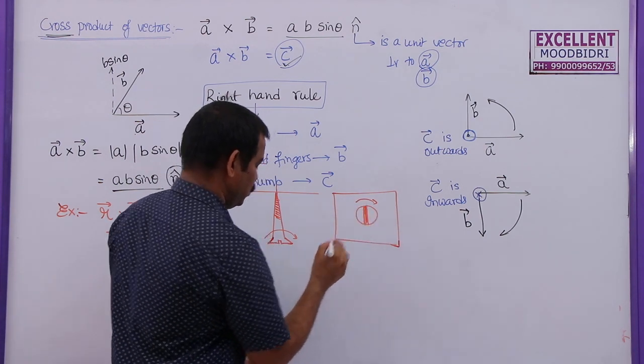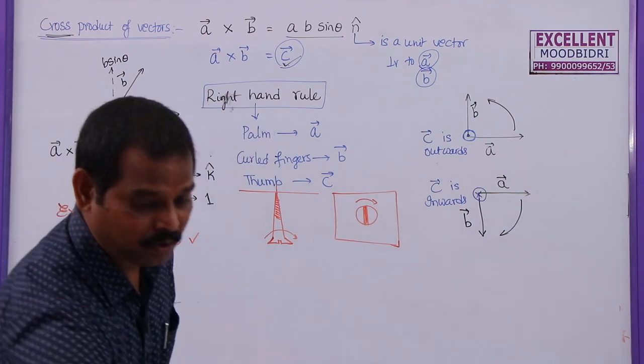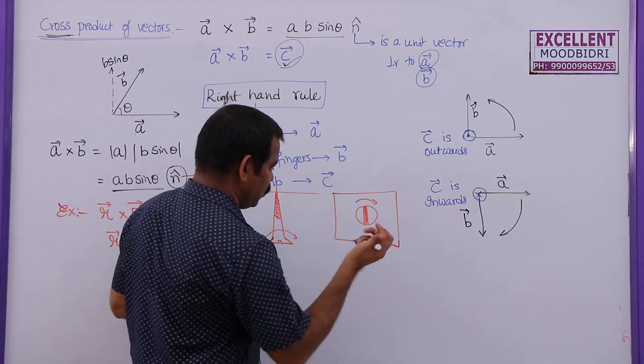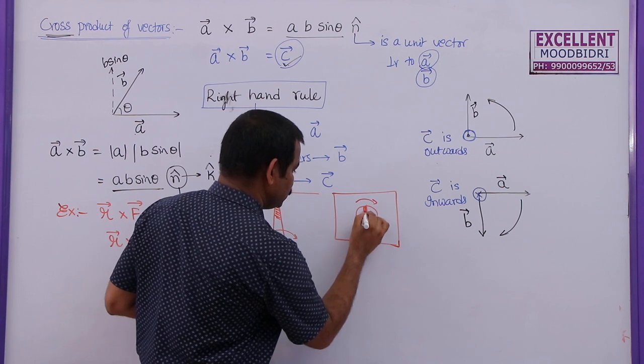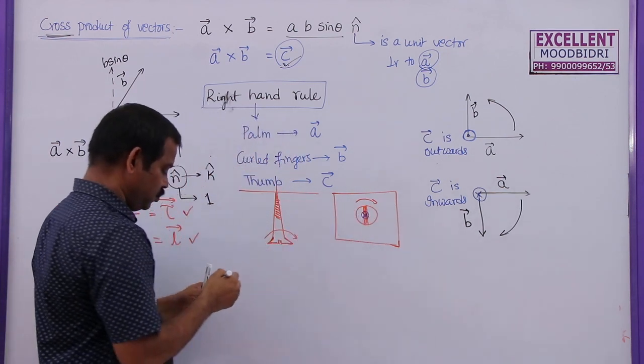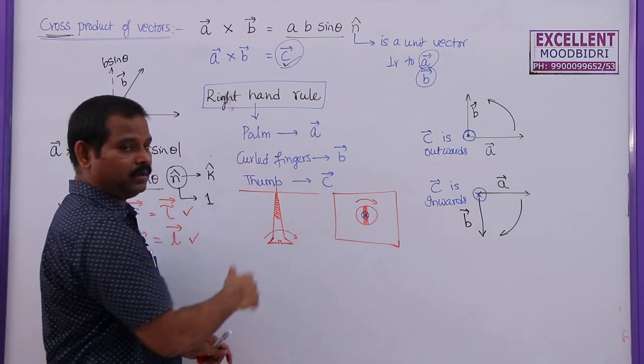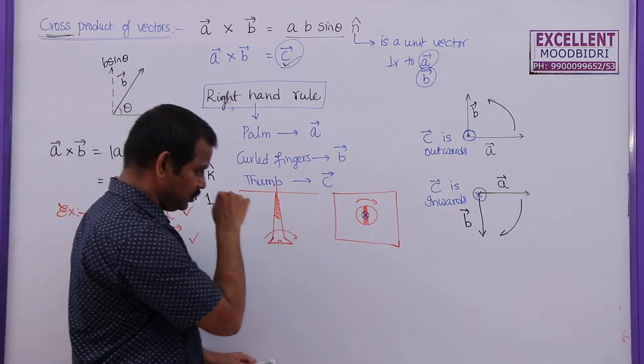So, this is the board. Let me show the tip here, which is not visible from this side, but the tip will enter into the board in this direction. So, this is entering into the board. I am going to denote this with into. So, these two are similar rules only. Now, here see this one.